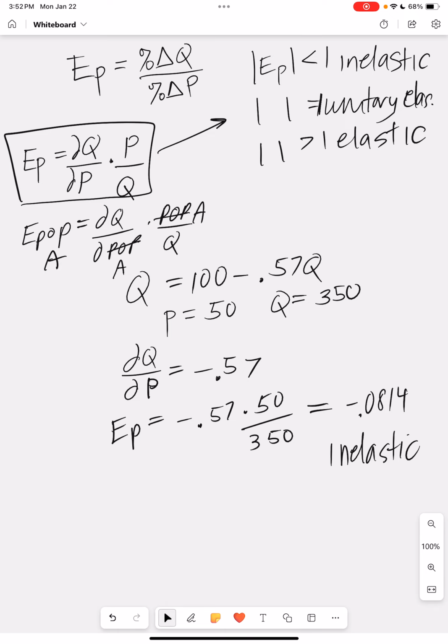Now we can talk in future videos about what you do with this number and whether or not that number being a good or bad number, we'll talk about that in